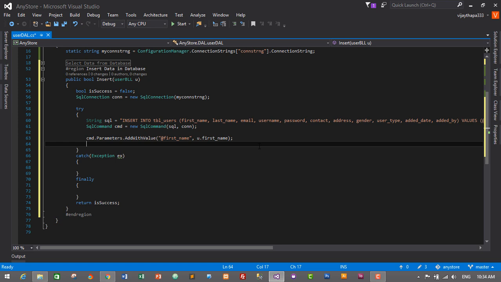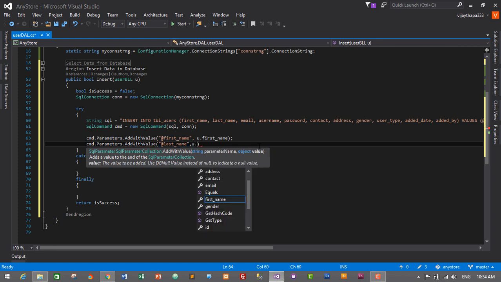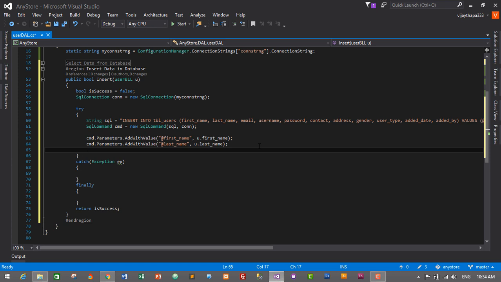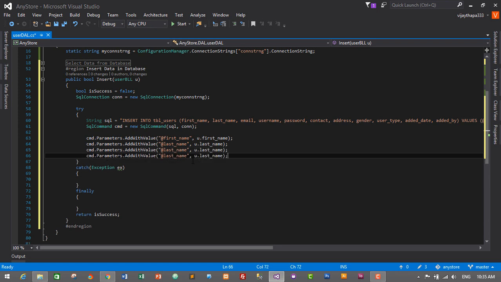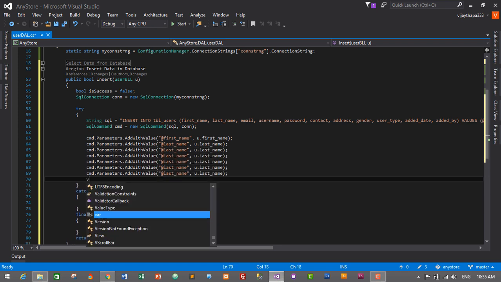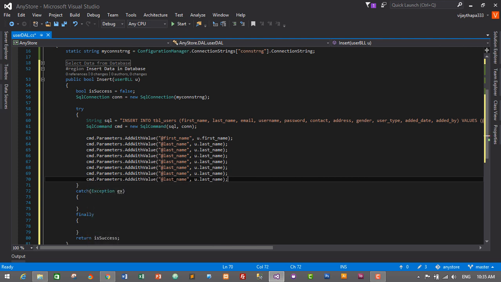So let's create this cmd.Parameters.AddWithValue @last_name, then u.last_name. Then I'll just copy and paste all of this. Just copy this and paste, Ctrl V, multiple times. Then I'll change this element only,